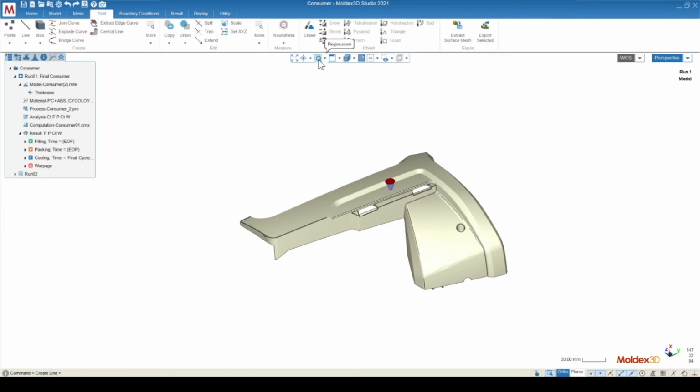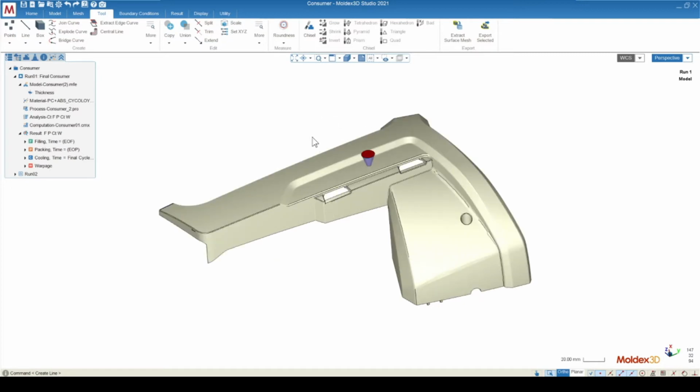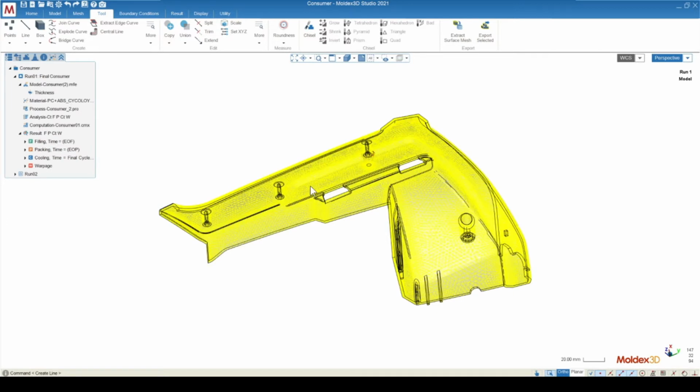The region zoom function up in our user interface toolbar allows us to zoom in on a particular region of our geometry without having to manually scroll in and out. When selecting an object, the object will select in yellow, just as in the past, but the feature lines will now show in black. This gives a little bit more visibility as to the features on the geometry when it is selected,